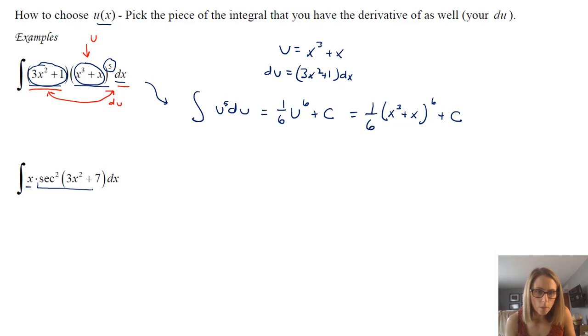So notice there's a little more happening here. Then, we have our dx as well. But you might say, well, I don't see the derivative of something explicitly, like exactly. And I agree with you. So if you're thinking, well, I have 3x squared plus 7, and that's on the inside of something.